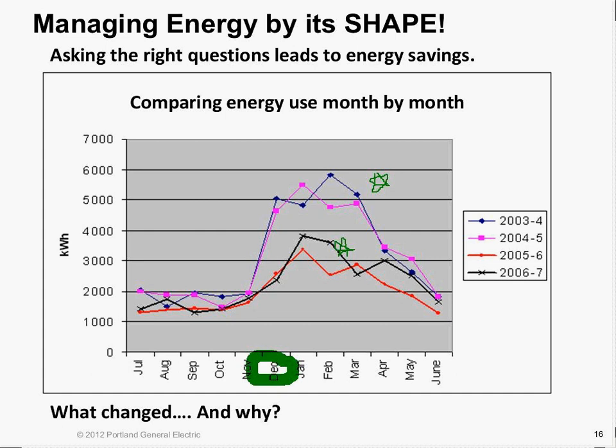by replacing a heat pump system. The standard efficiency system, when it got to the end of its life, was replaced with a new high efficiency one to do the heating in the winter. And that was on average about a 40% reduction in winter bills. Again, if you look at a spreadsheet, you might be able to see it, but graphically,